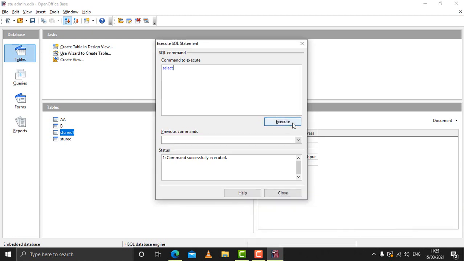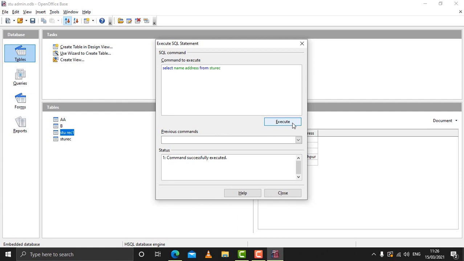Say for example you want to display the columns name and address, so you write select name, address, space, and then from, and then the name of the table, that is AA if it is in AA. Currently I have the records in STUREC, so write STUREC.